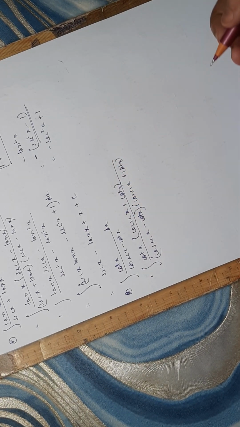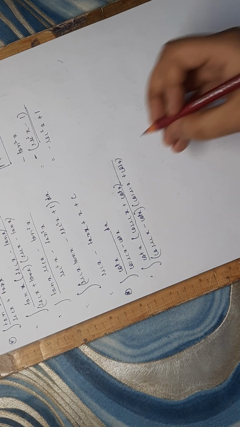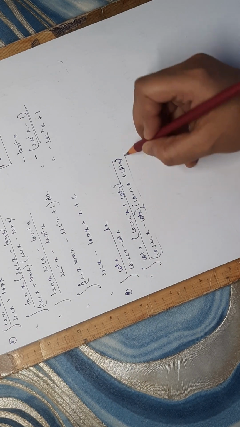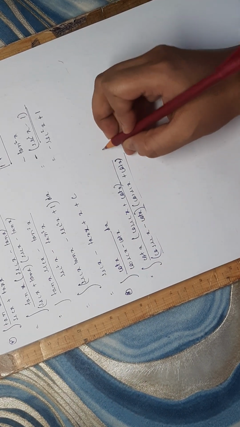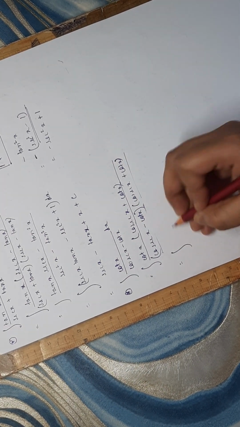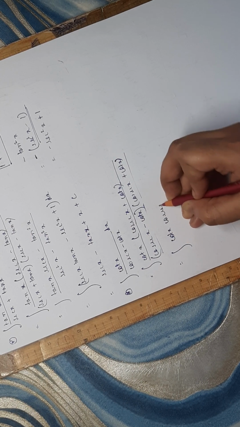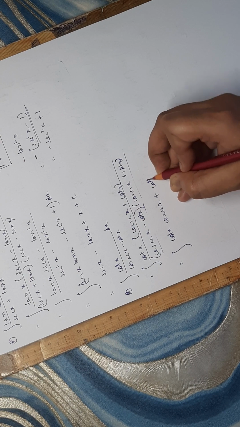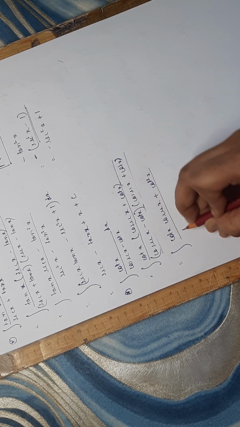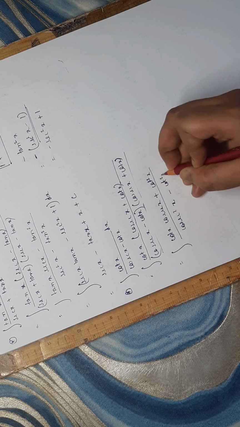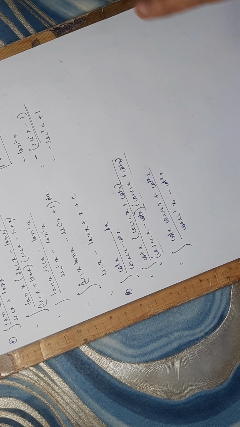All right, so ultimately what will you be getting? Now here similarly you have a minus b and a plus b format, so ultimately you will be left with a cot x cosec x plus cot square x divided by cosec square x minus cot square x. I hope you understand why,